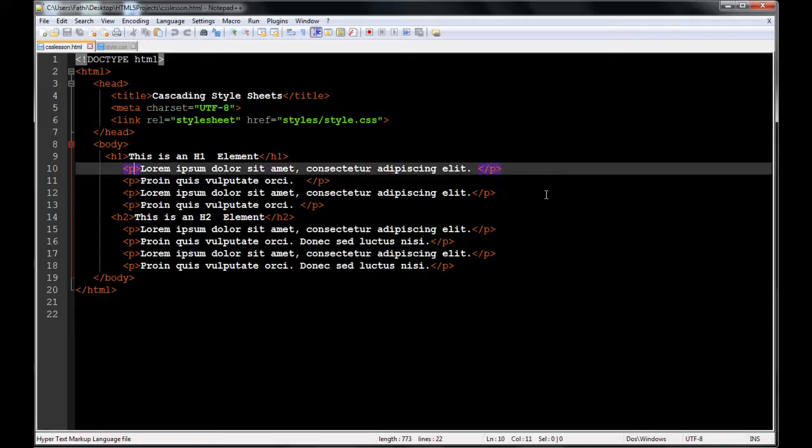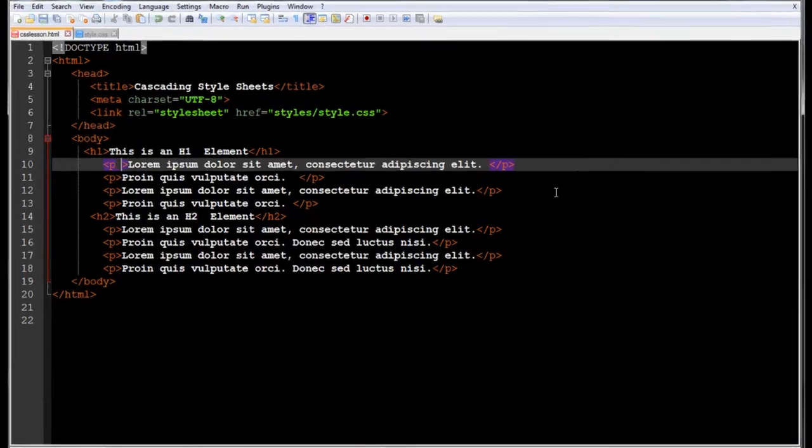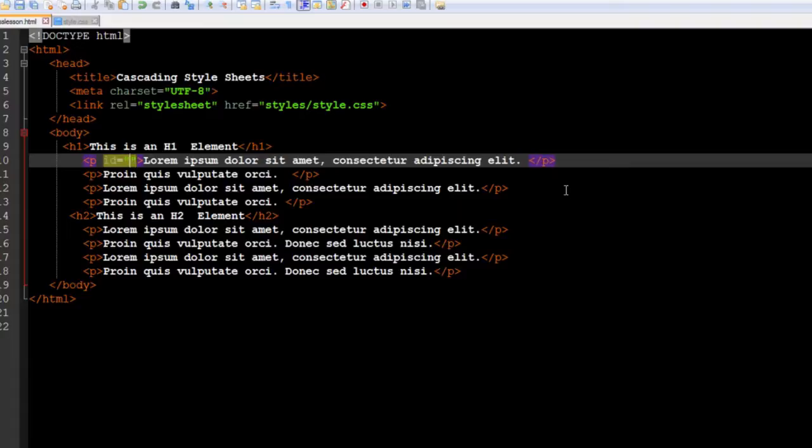Maybe I want to bring the attention of my clients, or for any reason I want this paragraph to be different, maybe red and size, let's make it size 24, for instance. How do we do that? All right, to do that we need an ID. So to start an ID, all we do is ID equals, and we're gonna call this any name. So I'm gonna call it paragraph1. All right, then I need to grab this,